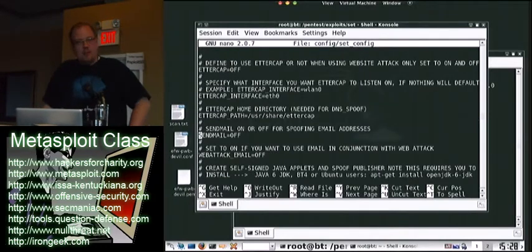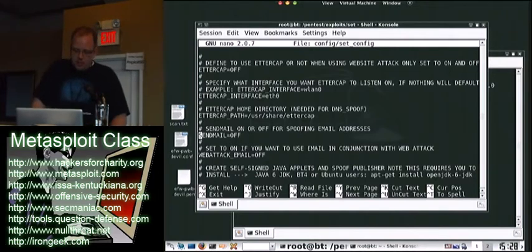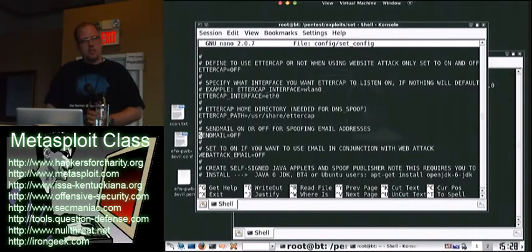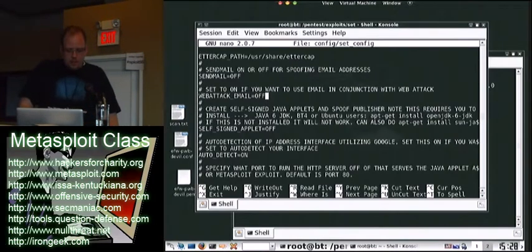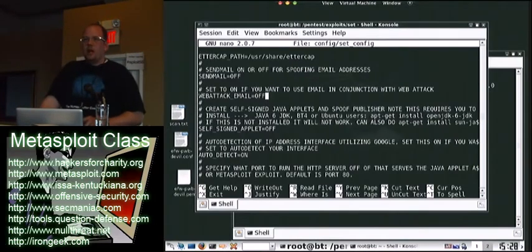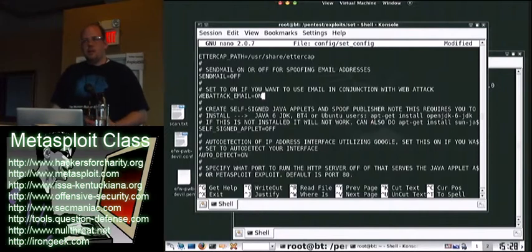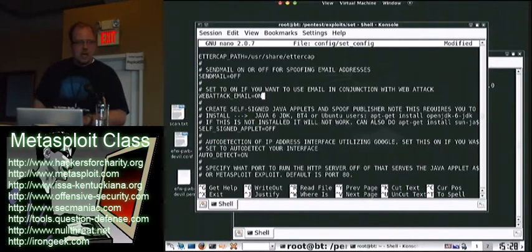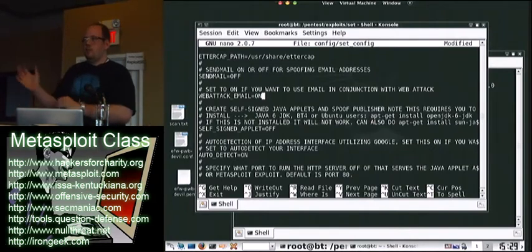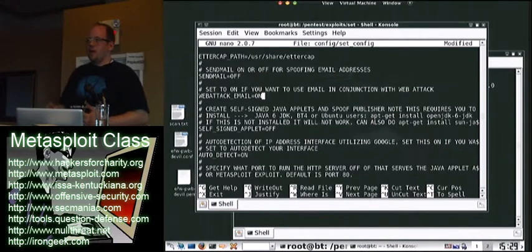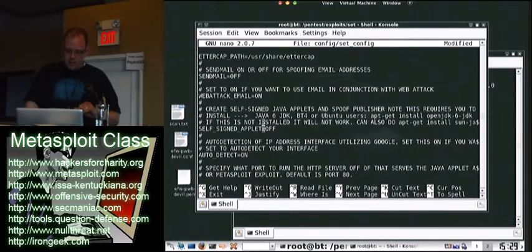It also integrates into Sendmail. By default, BackTrack has Sendmail installed on it. So from a Sendmail perspective, you just turn that on, and then you can actually spoof source addresses, things like that. The web attack email, in that prior example when I was doing the credential harvesting, if you turn this on, it'll actually allow you to send emails after the site has been created. So you create your malicious site, you clone everything, you turn your web attack email on, it'll then prompt you if you want to send an email out to a bunch of people. Now you can do a mass email, single email addresses, whatever you want to.